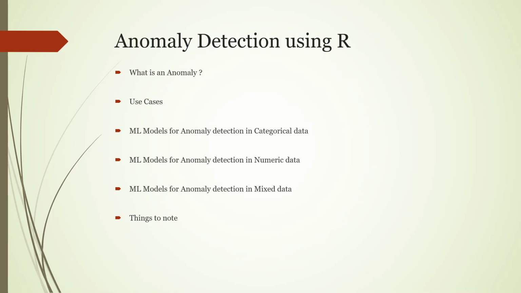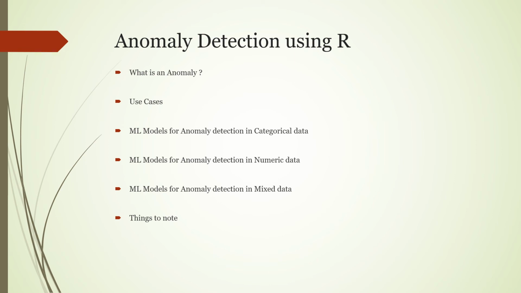We are actually starting an anomaly detection series using R, and there are a couple of things that we will be covering in this series. So we'll start with a general introduction to what an anomaly is, and we will also look at use cases, and then the most important thing, what are the ML models or machine learning models that are used to detect